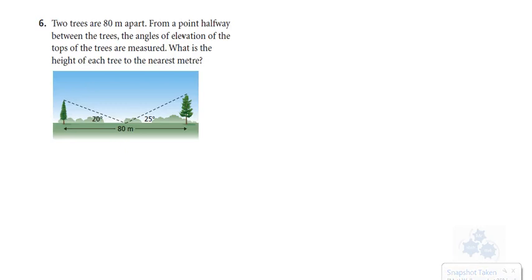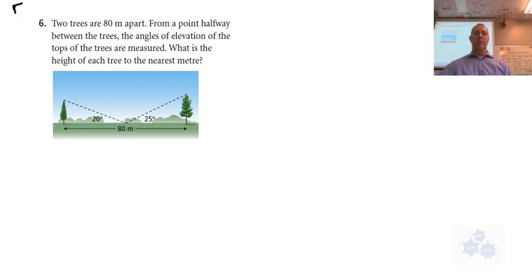All right, so this is question number 6 in 2.7, Foundations of Math and Pre-Calculus 10. This is section 2.7. So the question reads this. Two trees are 80 meters apart, you see in the diagram, 80 meters apart. From a point halfway, okay, that's important information, between the trees, the angles of elevation of the tops of the